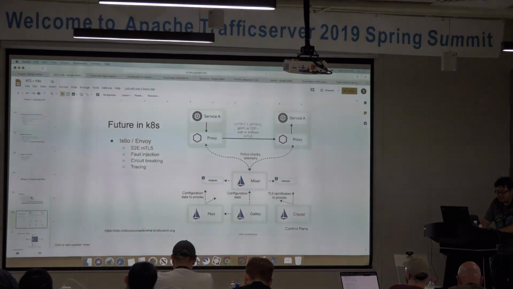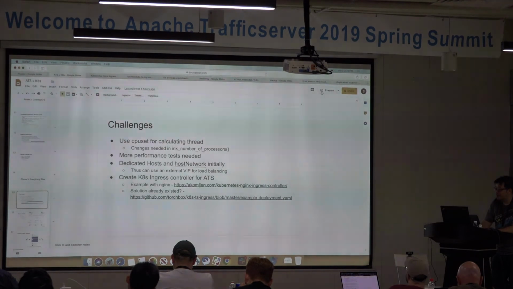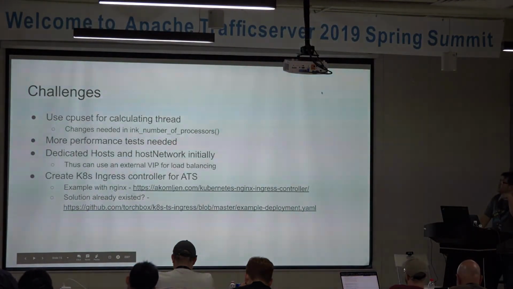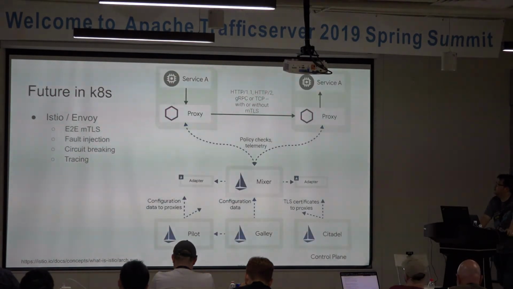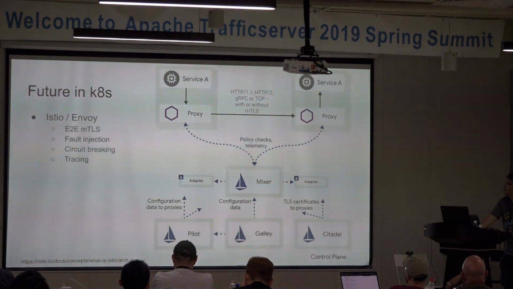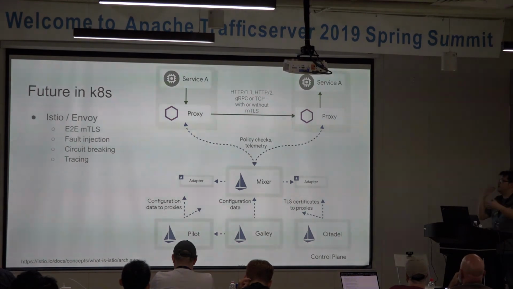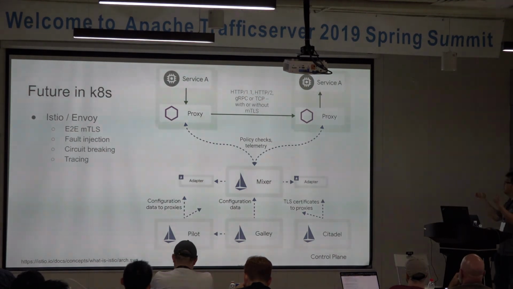So what other things do I have? That's pretty much what my team wants to do in the long run. Once everything is up and running, there's a whole lot of features in Kubernetes. We were talking about Service Mesh and Envoy, right? In the long run, we want Envoy and the Service Mesh between our service-to-service communication. If you have a service inside Kubernetes calling another service, Envoy can sit between them and provide MTLS among them. It can do circuit breaking or